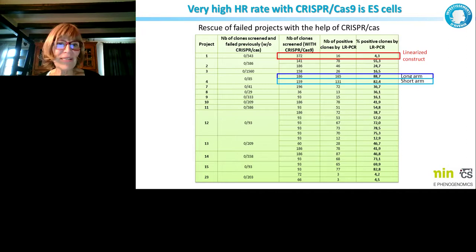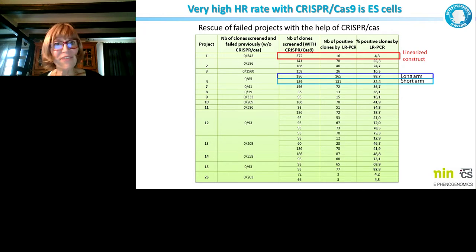Then I decided to use the same targeting construct, putting one guide, generating a double-strand break at the site of insertion of the neo, and you can see here the number of positive clones that you obtain. It's really a lot, and it's quite amazing how a simple guide RNA with Cas9 can change the number of positive clones we obtain.